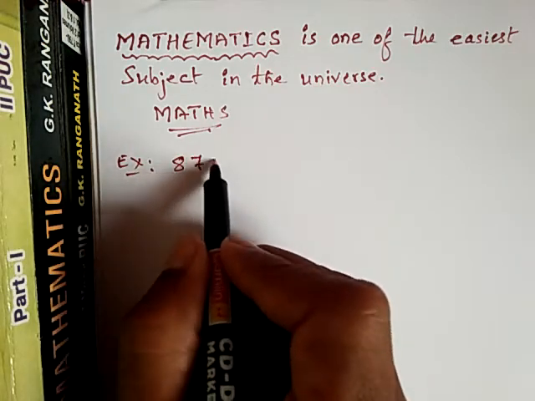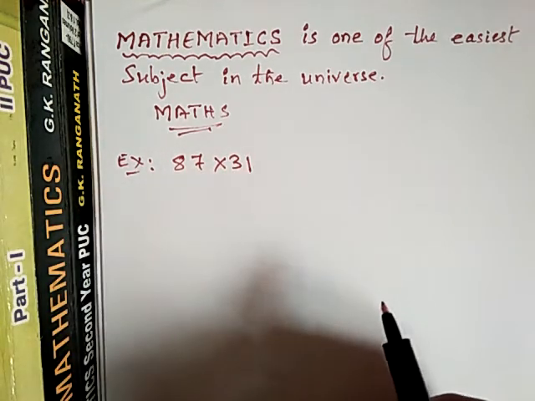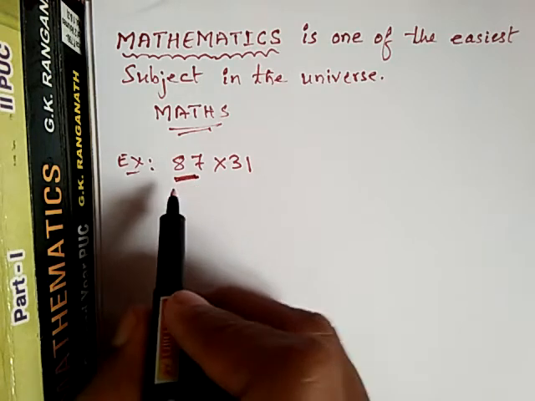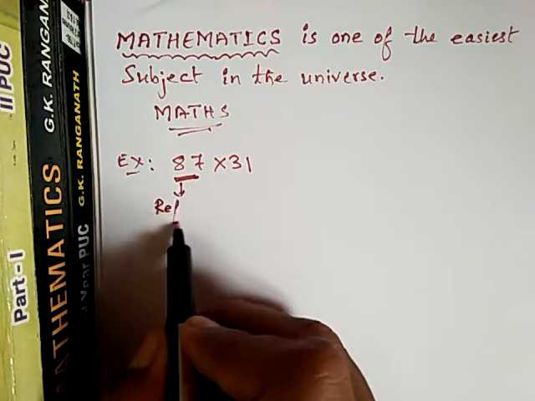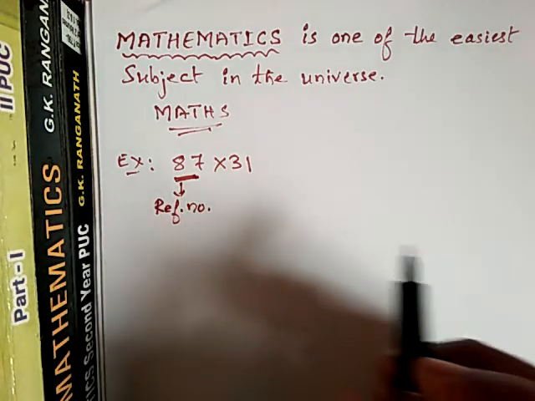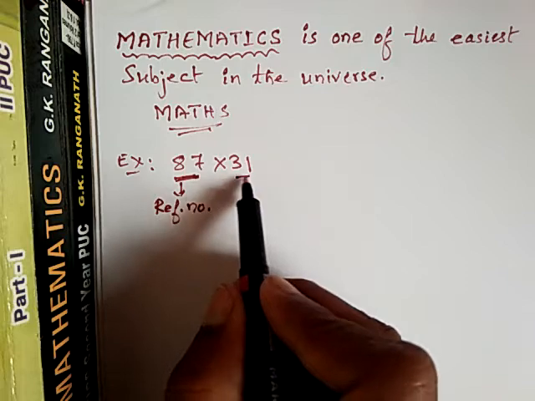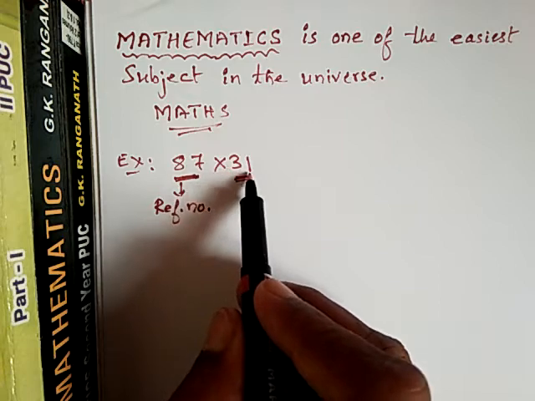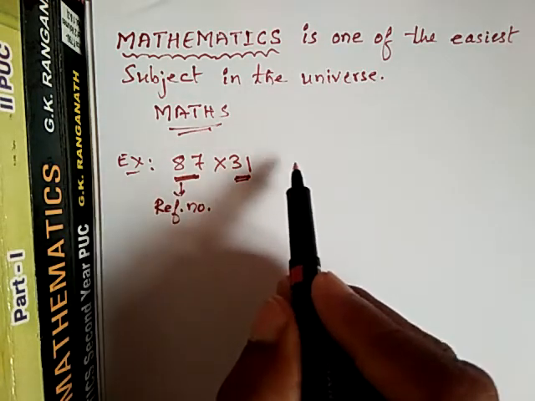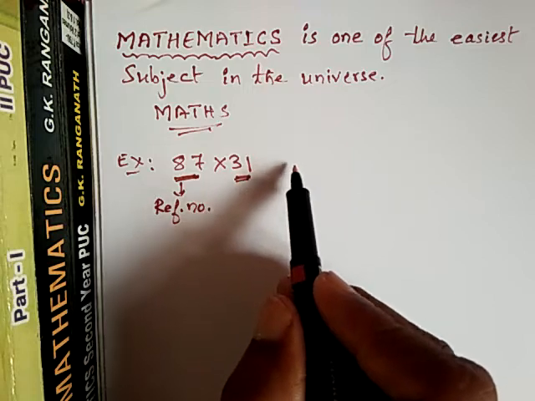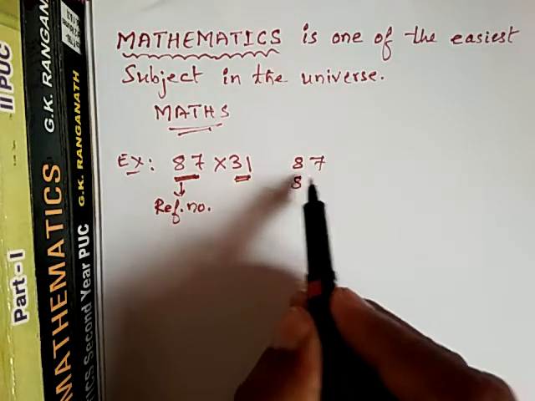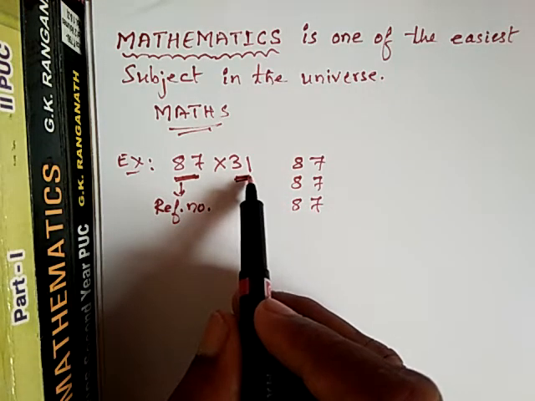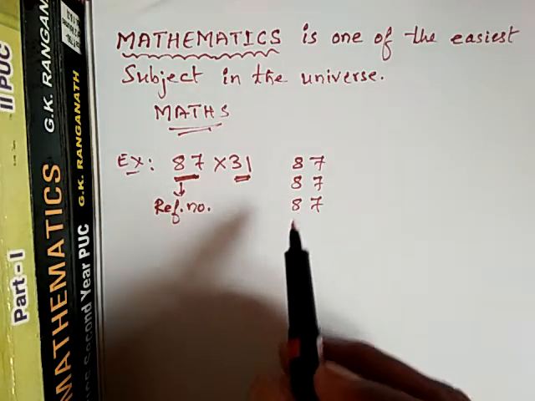So how to multiply 87 into 31. Okay, out of these two we have to consider one reference number. You can consider this as a reference number. Okay, so what is given here? It is 87, here it is 31. Two digit number, so it is a 3, it is 1. So 87 you have considered, so 3 times you write 87. So I will write here 87, here 87, here 87. So 3 times I have written. Next, what is the digit here? 1 is there. So 87 should be written once.